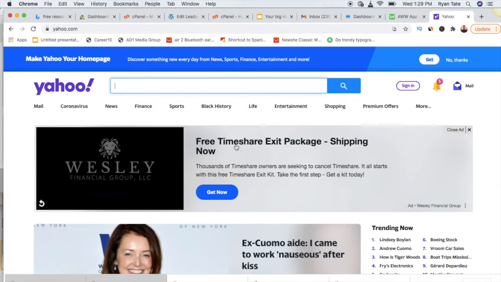So like this offer right here, this is an offer to help people get out of their timeshare. This is one of those perfect no risk offers. People have already spent money on the timeshare. If they become a lead for this company, they do some type of litigation and help them get out of the contract. The original timeshare company will pay them some money typically, and this firm will get paid in the process. They'll split some of the money because they did the work to get that person out of their contract. It's kind of like a law firm type of deal.